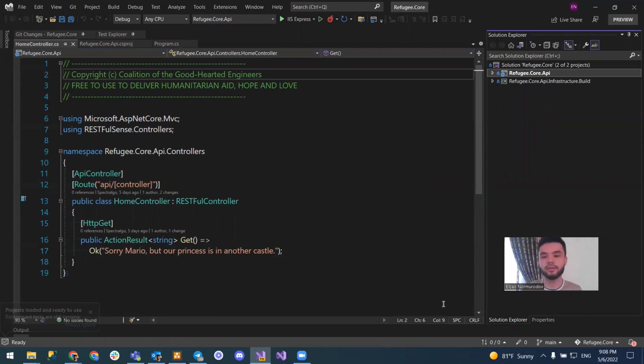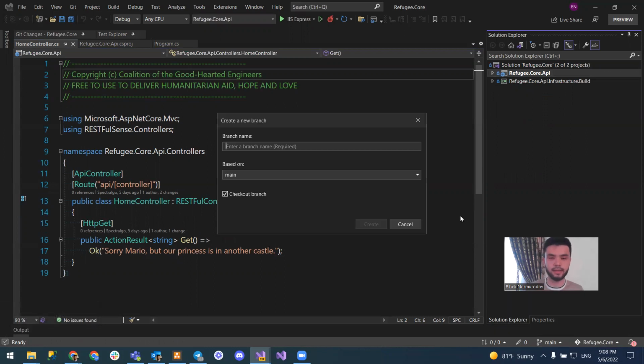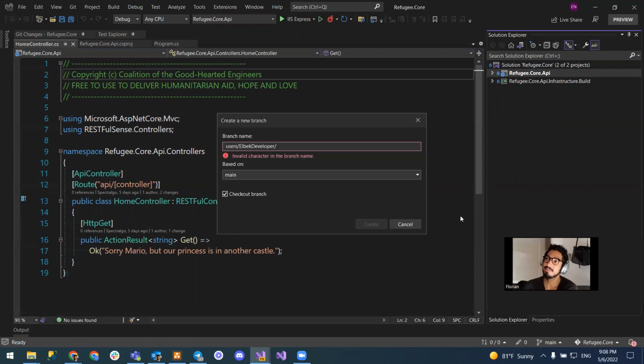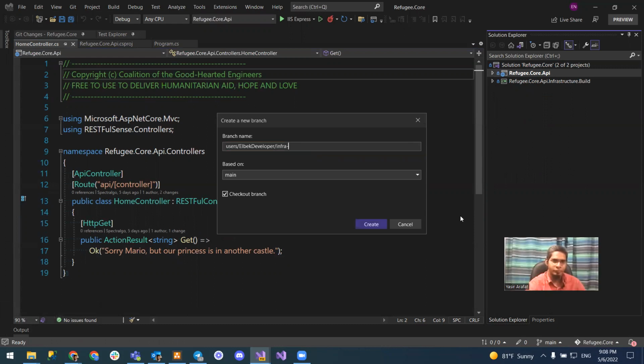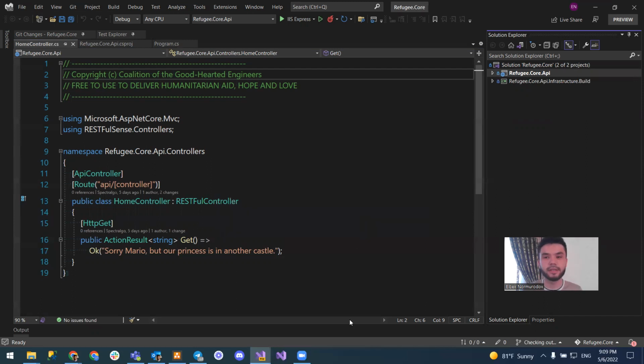And I updated my local branch, and I go here and I say new branch, and as always, users, Albek, developer, and infra, initialize unit tests. I can say unit test project or anything, or I can keep it simple. So I create a new branch